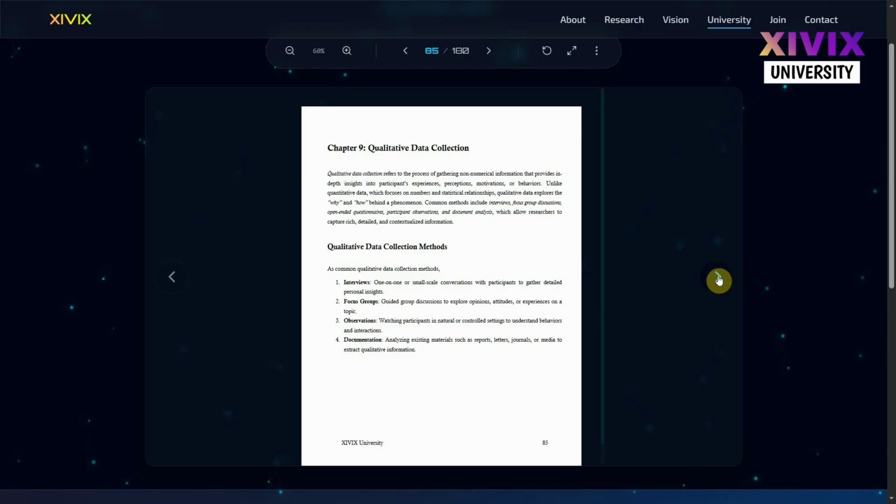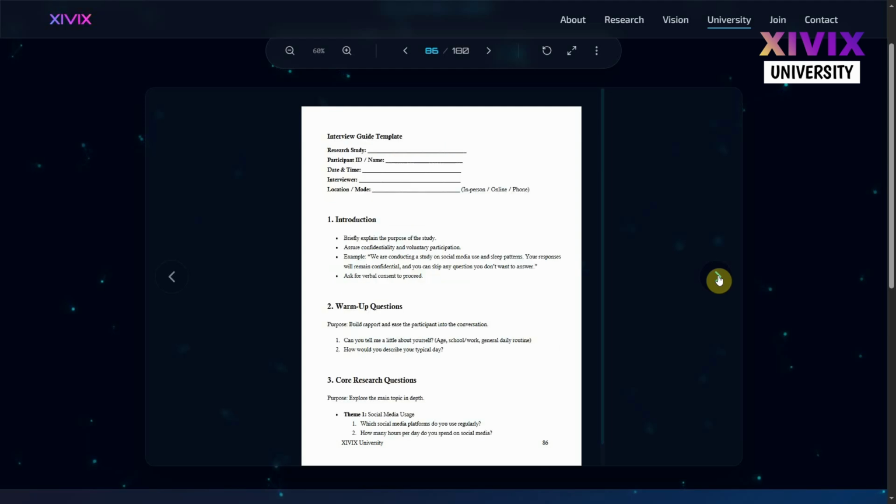Observation involves watching participants in natural or controlled settings to understand their behaviors and interactions. And documentation basically involves analyzing existing materials such as reports, letters, journals, or media to extract qualitative